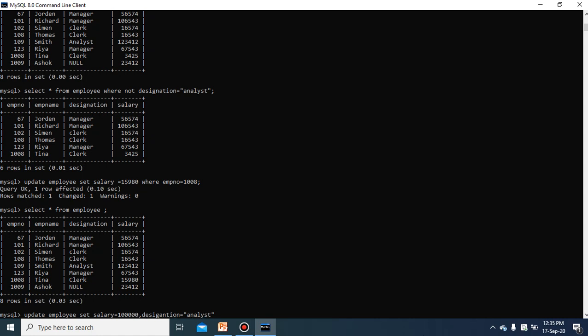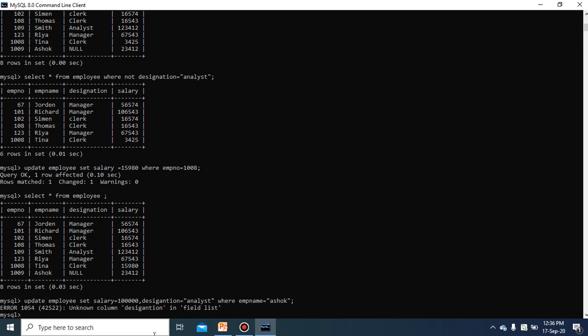More than two columns will be affected now, and then where EMP name equal to, what will you write, Smith, or suppose I want to change it for Ashok, ASHOK.